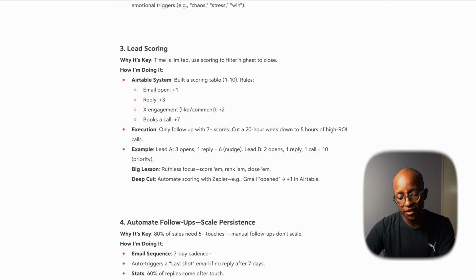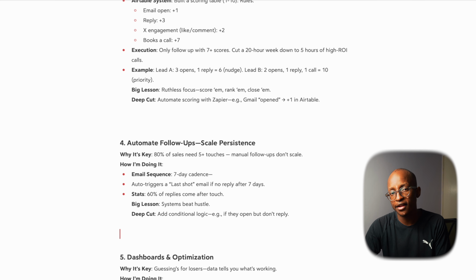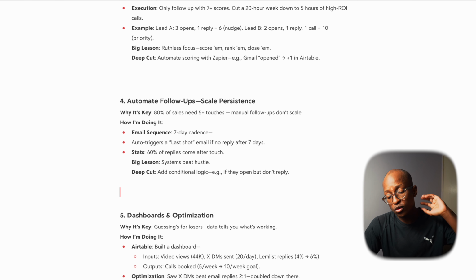And then the deep cut is adding conditional logic if they open but don't reply. I think this is also super important, because you will get scenarios where you have specific flows you have to implement. Say someone opens it but doesn't reply, but then 2 days after they open it, they reply. Are you really going to get rid of that lead after the last day? Having those processes and procedures in place allows us to refine the process,